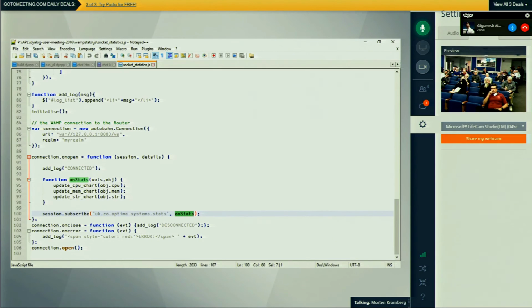Similarly, you can call functions by identifying the unique name of the procedure on a remote machine and passing it the parameters. And that will then trigger the result to be passed back when the remote procedure has completed.